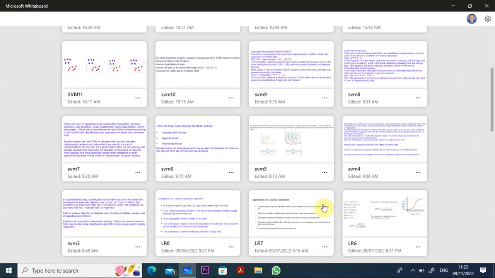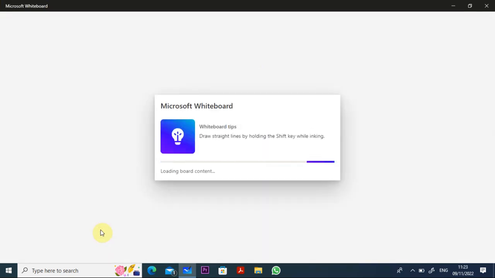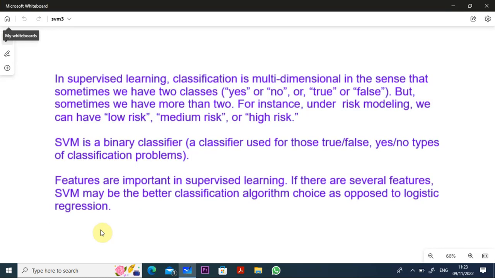Right now we are moving to our next topic. Here we see that in supervised learning, the classification is multidimensional in the sense that sometimes we have two classes like yes or no, true or false. But sometimes we have more than two. For instance, suppose you are going for risk modeling. Under risk modeling, we can have low risk, medium risk, and high risk. So here it is not two classes, it is more than two classes. But the support vector machine is a binary classifier,